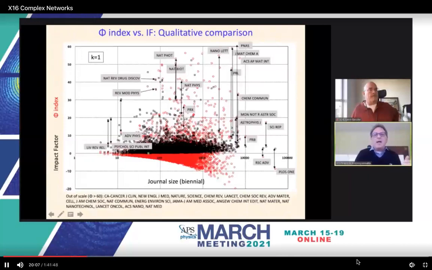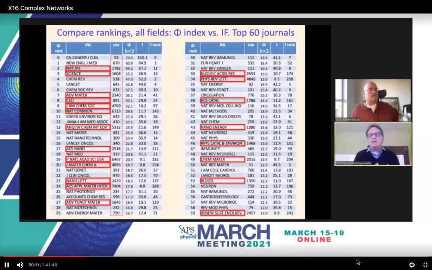And this is the ranking, the top 60 ranks by phi index. And we see here that the journal size no longer seems to preclude journals from being listed in the top ranks. For example, we have journals that are quite large, say Nature Communications, its impact factor rank was 143, its phi index rank is number 10, and Angewandte Chemie from 148 to 13, etc.